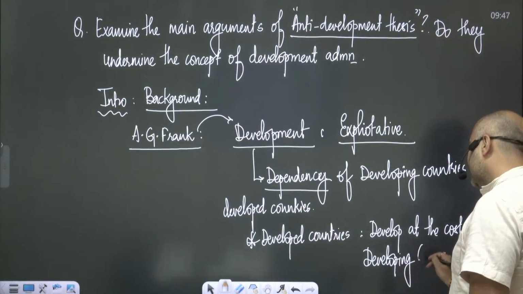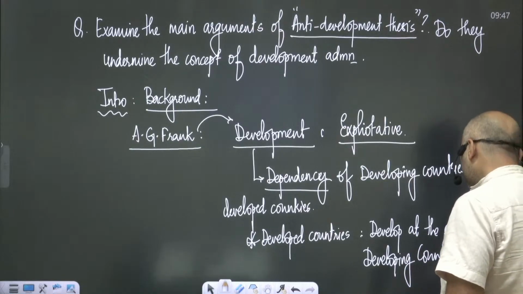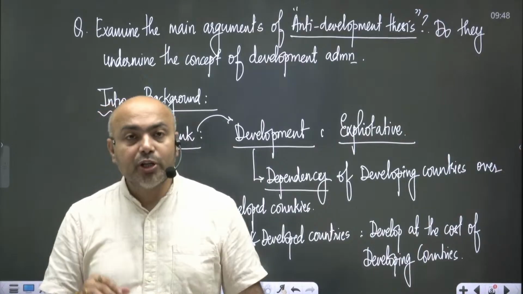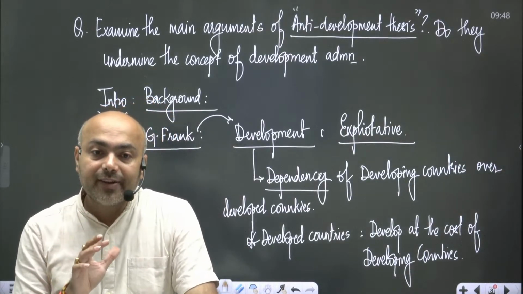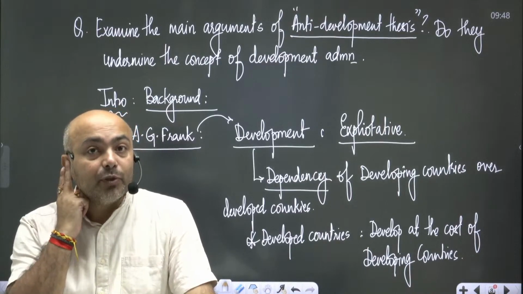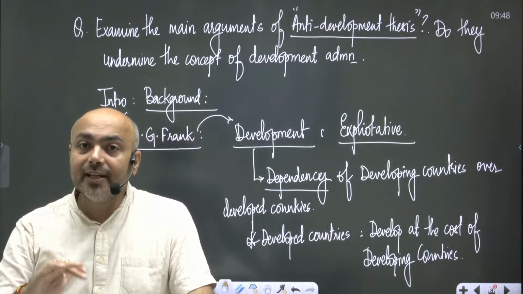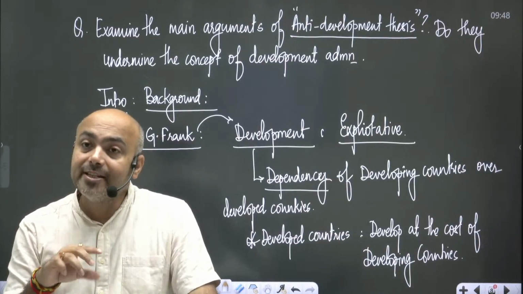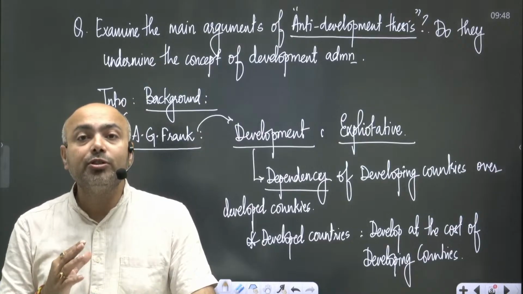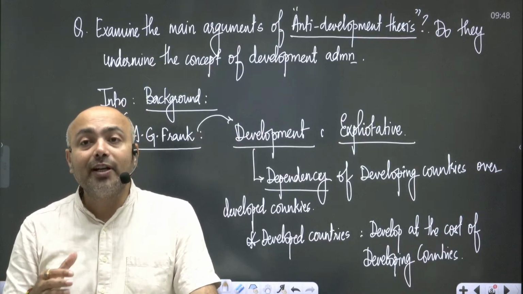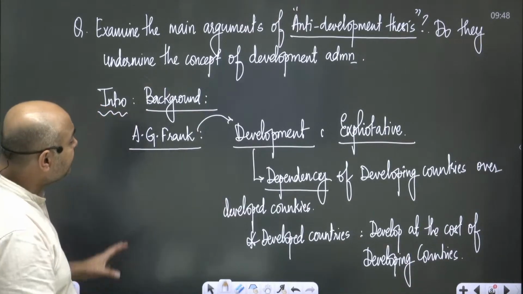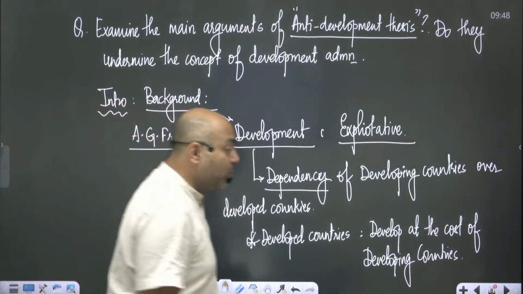In very brief, you are supposed to drop the name of A.G. Frank, but you are supposed to be very brief. You cannot write everything that we had discussed as to what A.G. Frank has to say, because it's a 10 marker. So at most you can write a 30 to 40 word introduction, not more than that. And then in the body part of your answer,